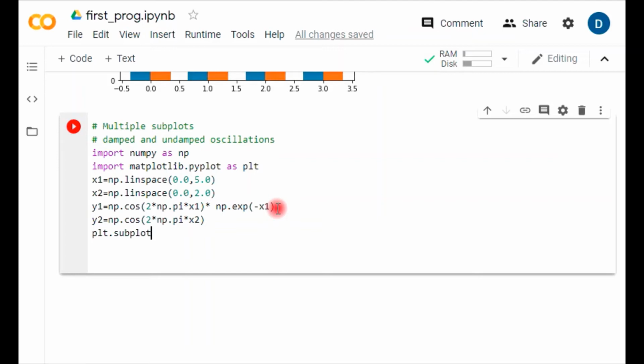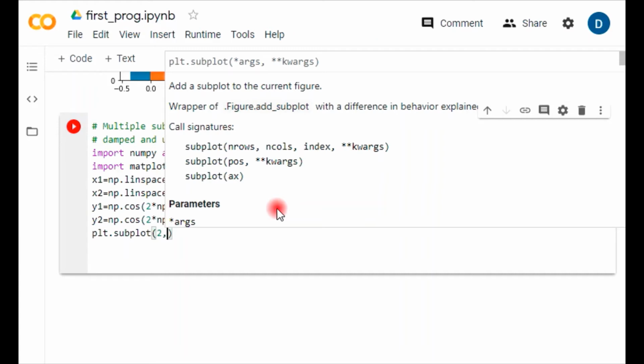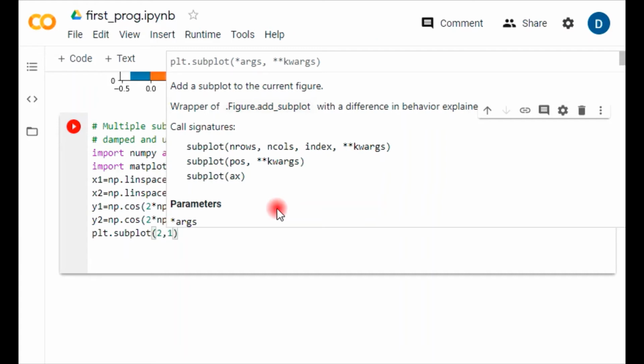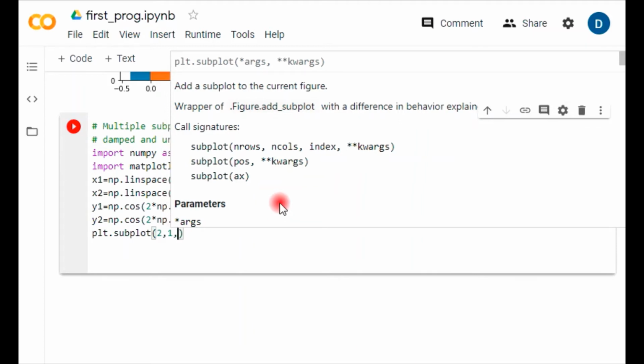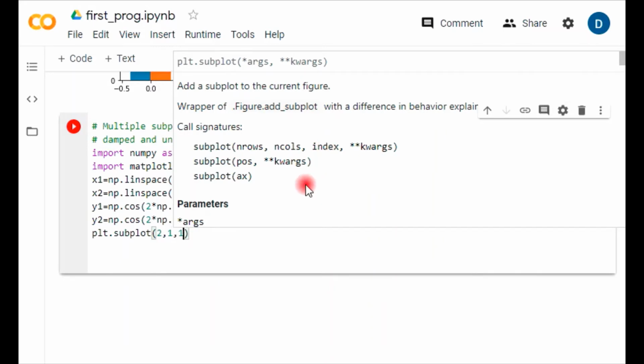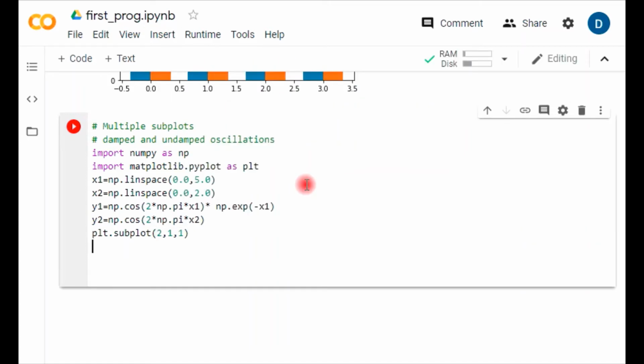Just take care about this command. What do you want to create? You want to create basically 2. It is just giving you an option for how many rows you are looking for, 1 row or 2 rows. I'm giving the option 2 rows, and for each row how many columns do you want to give? 1. You want to give some index to it. See, all these things are being shown over here. Yes, it's 1. So this is basically the structure of the subplot that I have created, and then finally I'm going for plot